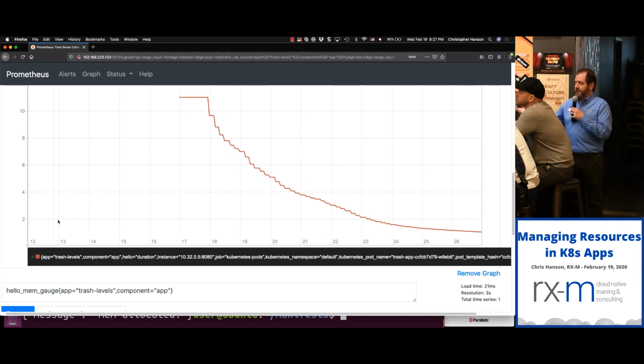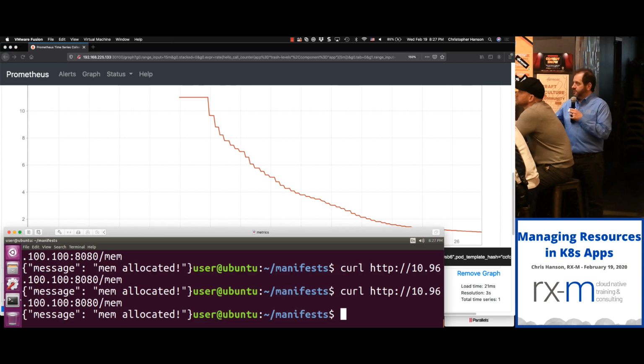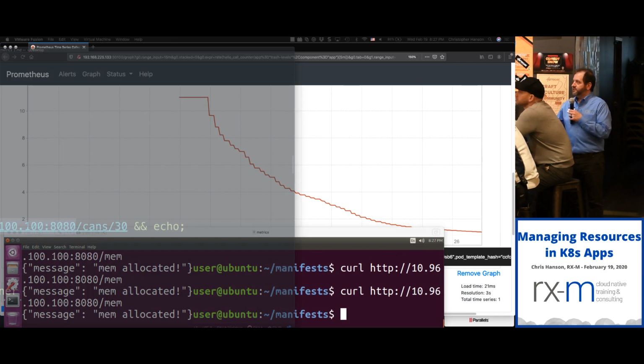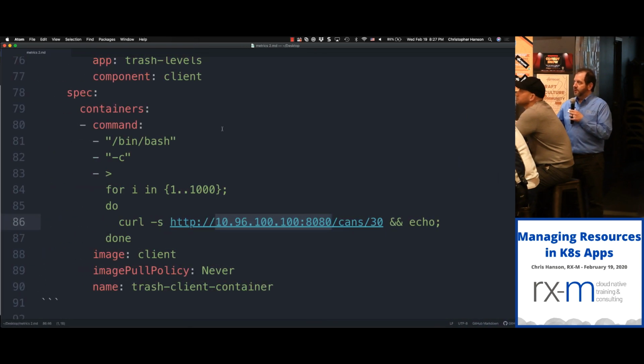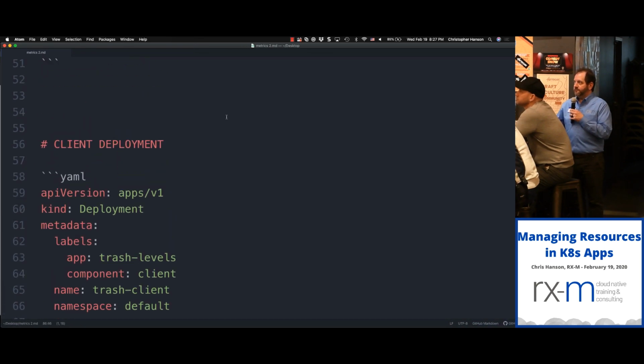We can't get anything faster, right? Even though we add more memory. So I'll do this one more time, let it run in the background. But in reality, what that means is we've got kind of a sweet spot. And what that does is inform where, notice in this first